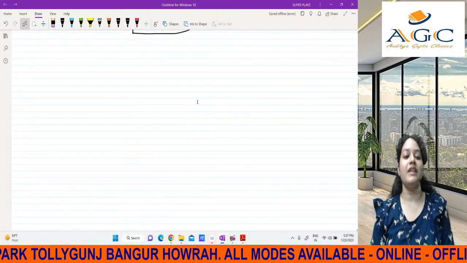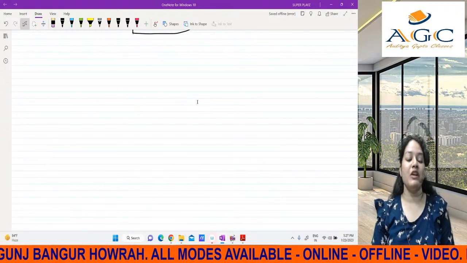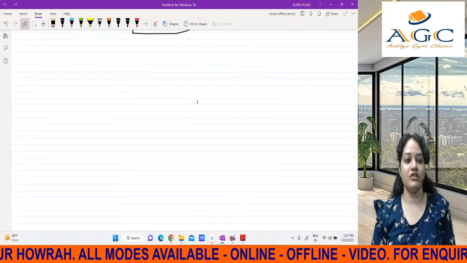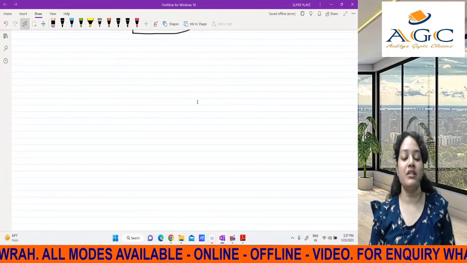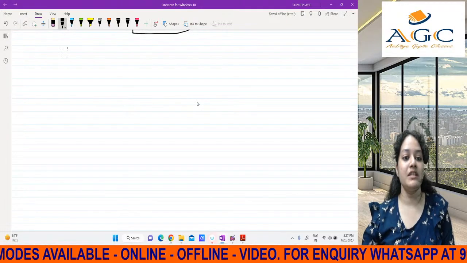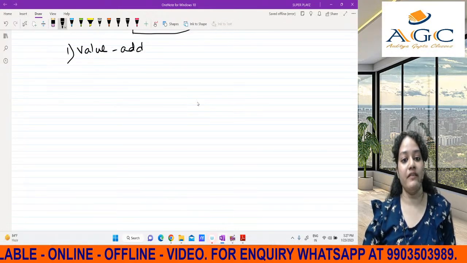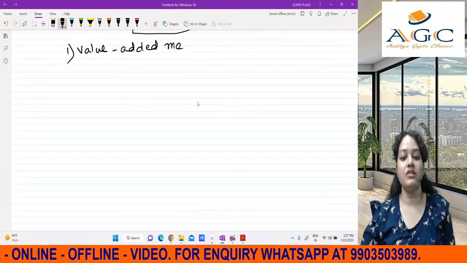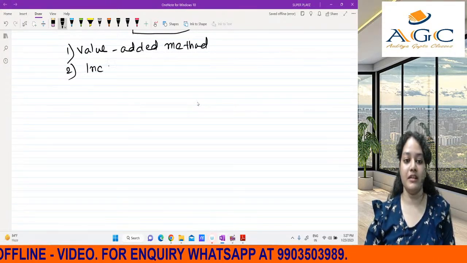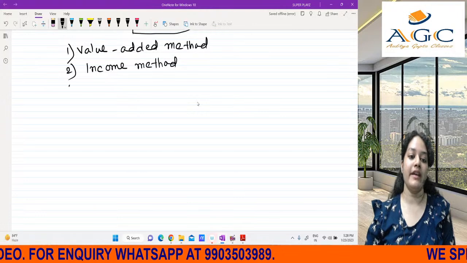Okay. So national income, before moving on to the sums, we need to understand certain things, because for each and every method we know that, like those who know or those who don't, I'm just giving a short brief. In national income, what are the three methods that are used to calculate, to do the sums? First is the value added method, which is very easy. All the three methods are easy actually. Value added method, then comes your income method, then comes your expenditure method.